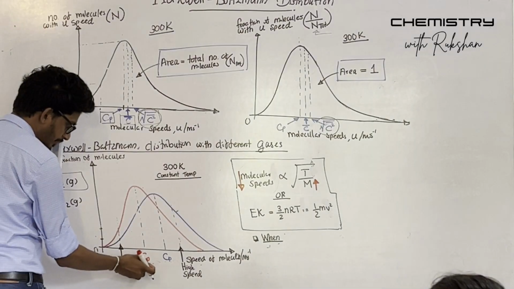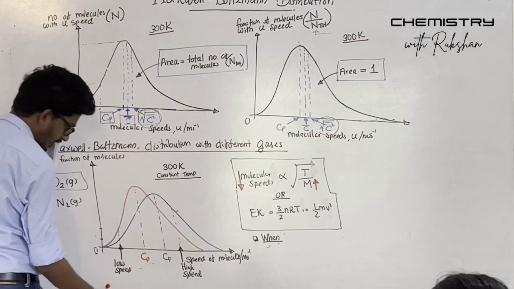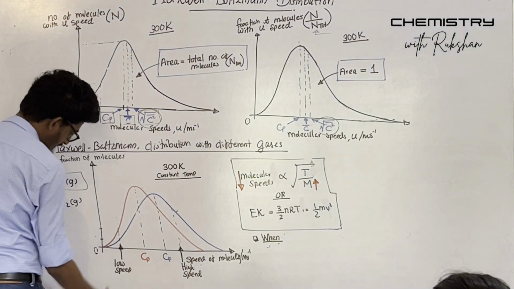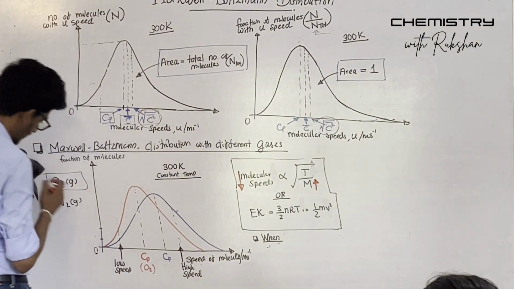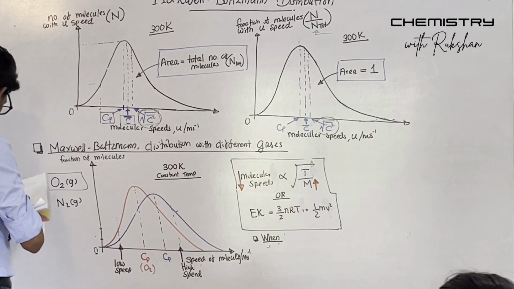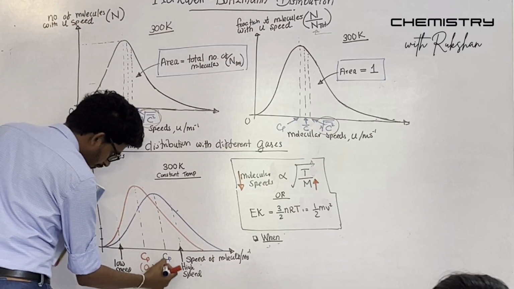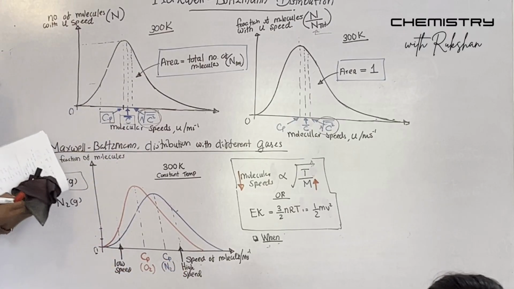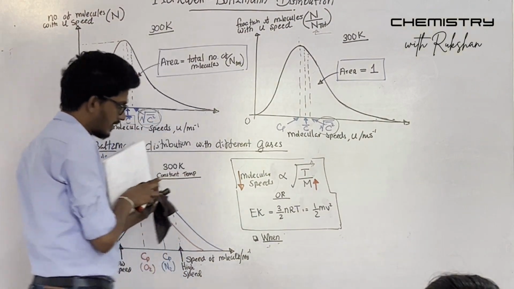The lower speed should represent the gas with higher molecular weight. So this is the O2, right? And that other thing represents the N2, right? Or else, if you are to think of this,